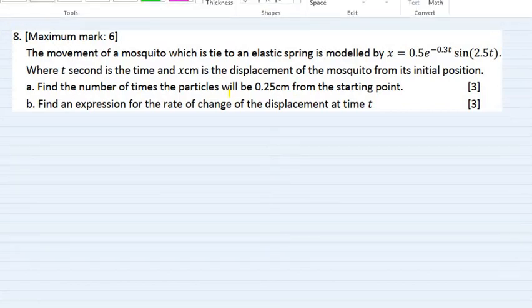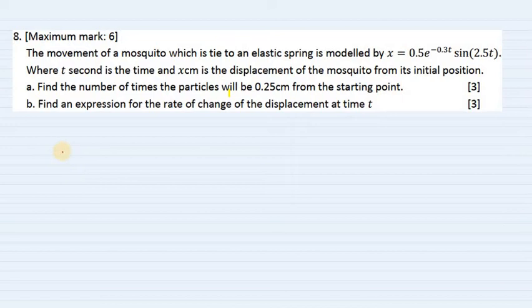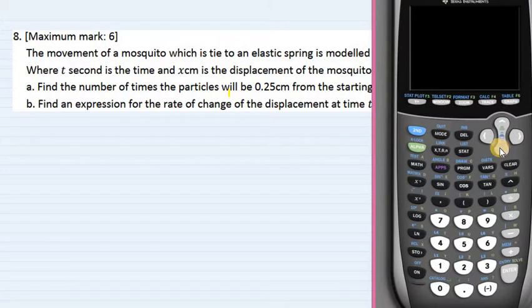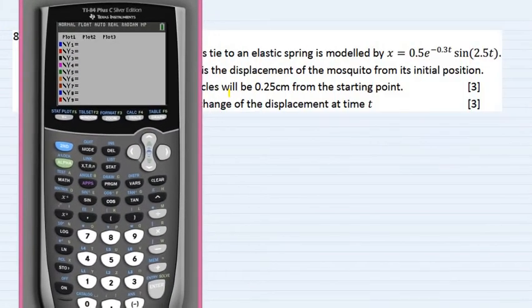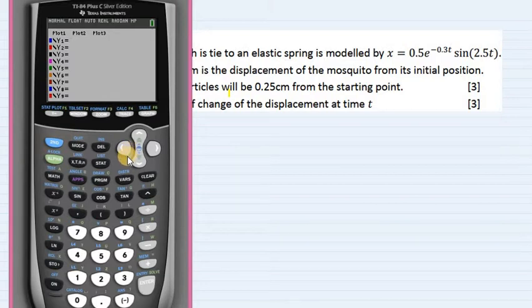So it means we have to draw it using the graph. Let's just input this into the calculator and see what the graph looks like. Okay, so y equals, let's erase our previous graph. Y equals 0.5 e to the power of negative 0.3 x,